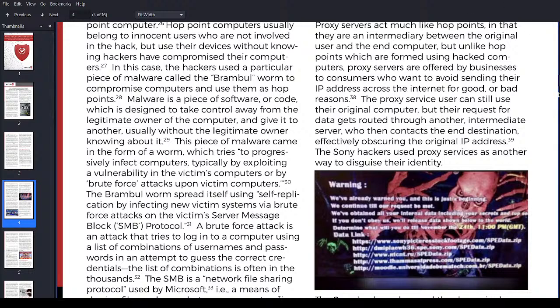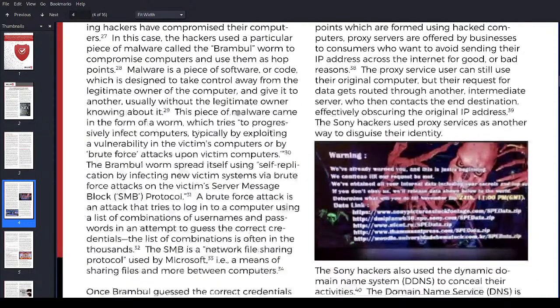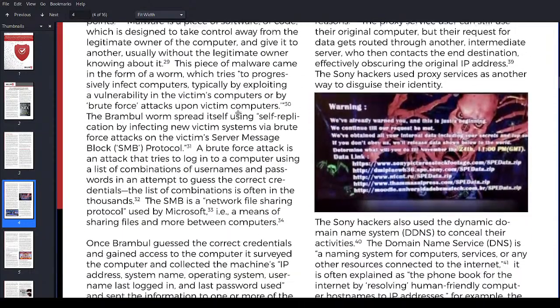Once it finds one exploitable computer, it infects it, and then it'll just keep hopping. It'll use that one to keep going everywhere, right? That makes sense. So malware is a piece of software or code which is designed to take control away from the legitimate owner of the computer and give it to another, usually without the legitimate owner knowing about it.